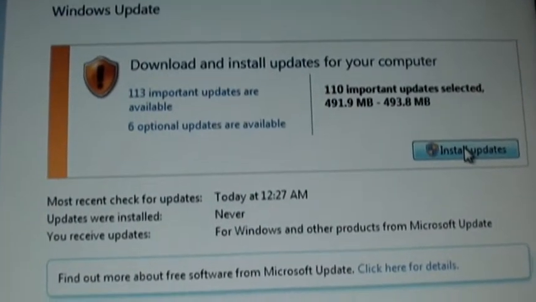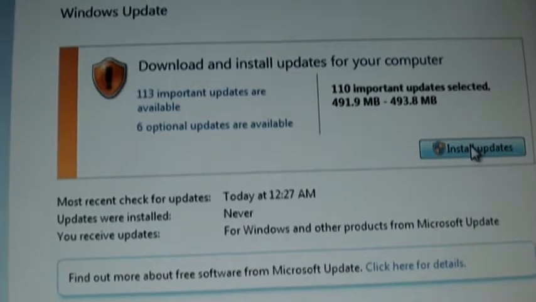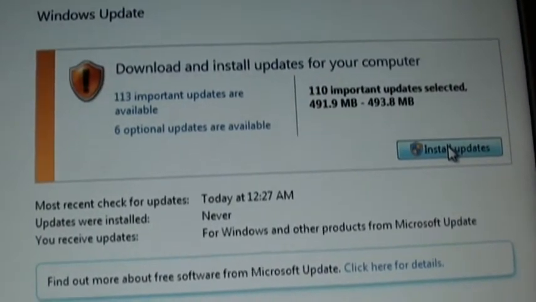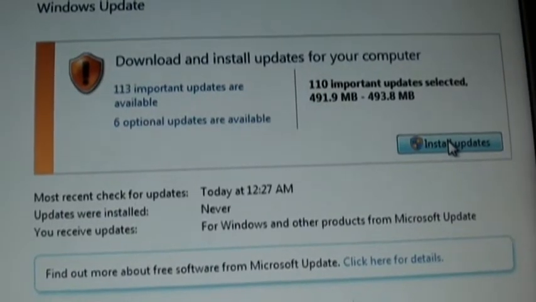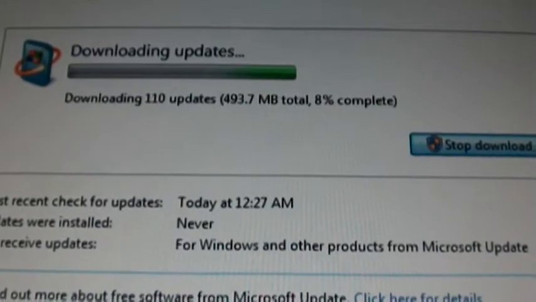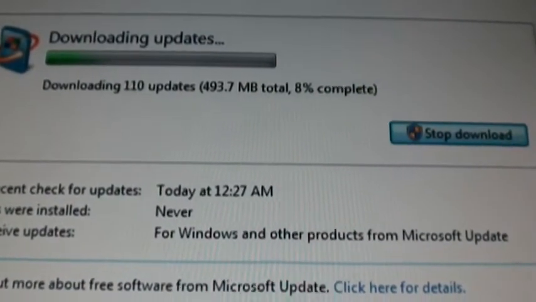You can see right now that there are 113 updates. They need to be updated for my computer's drivers to work. Okay, so it's already downloading some updates, and you can see that the sound system already works.